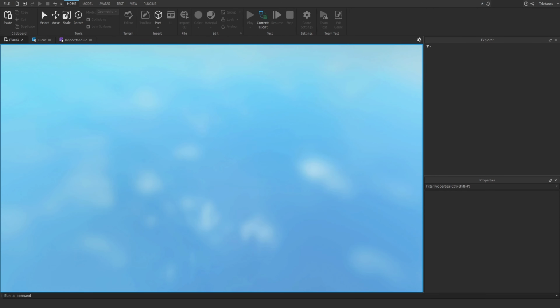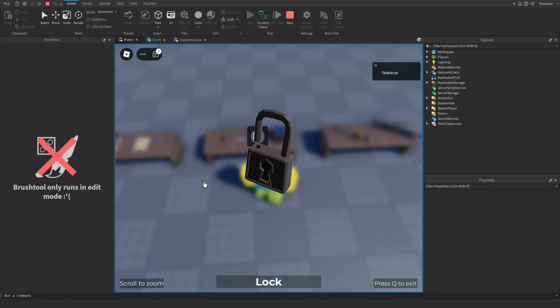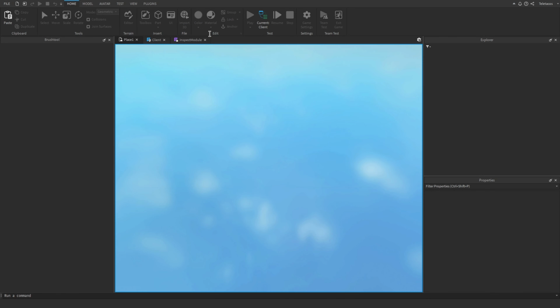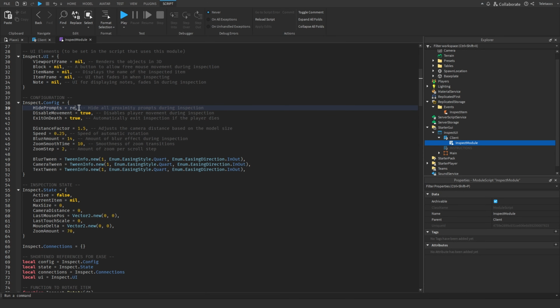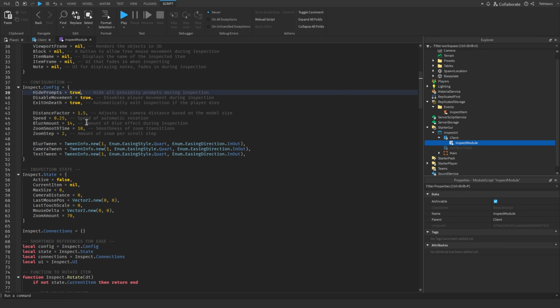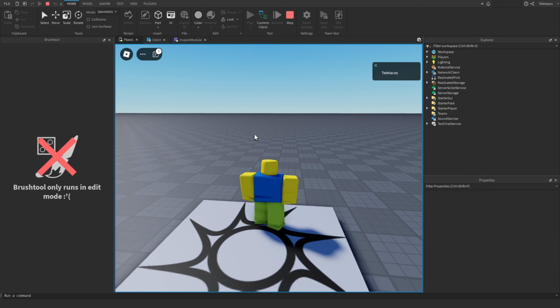This one basically hides all of the prompts when you're in the inspect. As you can see now, I can still see the prompt and I can still click the prompt. However, nothing will happen. But if you have this set to true, it will hide the prompts while you're inspecting. There we go. And the distance factor, well, it's just how far away the models will be from the camera